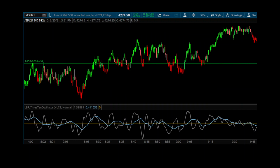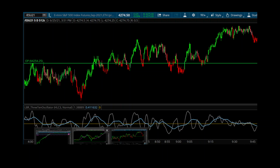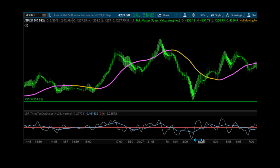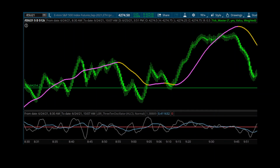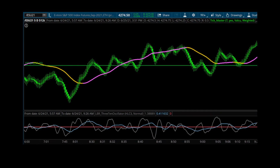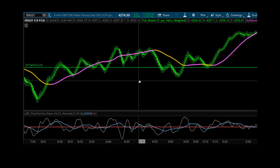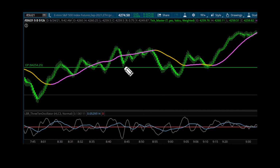So let me give you a little insight on how I executed. I saw 3 pushes down, 1, 2, 3, with a divergence. So that's kind of hard to see to the untrained eye. I can spot these pretty easily because I've been doing it for 15 years, but if we go to another chart here, we can scroll to that same exact spot, and we can see it smoothed out a little bit. So it's a little bit easier to see here